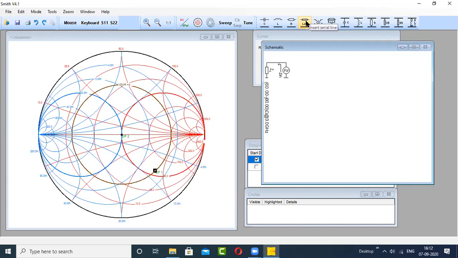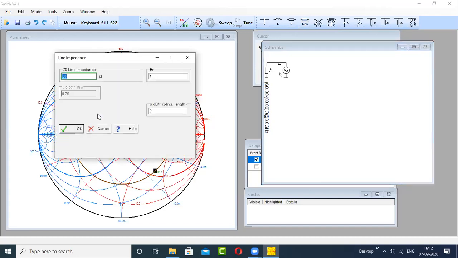So click on this, and let us assume that the transmission line and the generator impedance are the same. The generator impedance we have considered as the reference impedance, it is 50 ohm. So the transmission line should also be 50 ohm. Okay, so that's why keep this as 50 only.